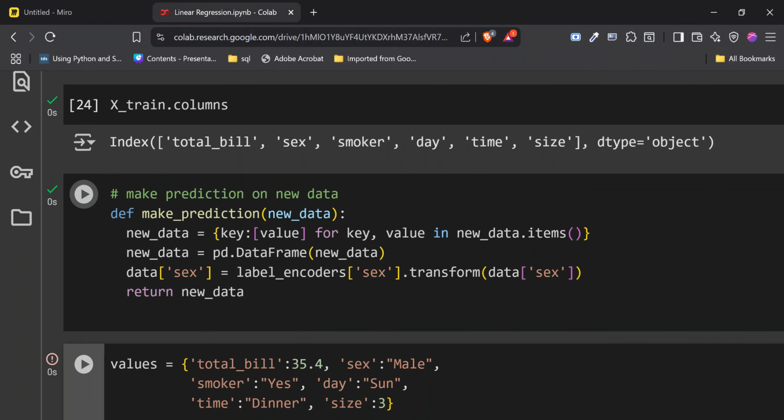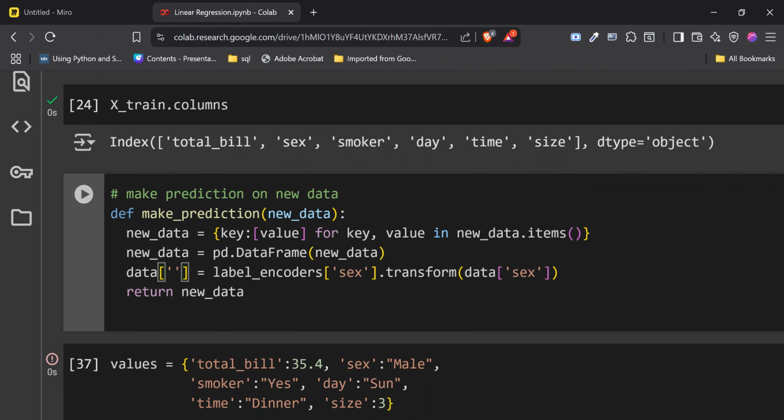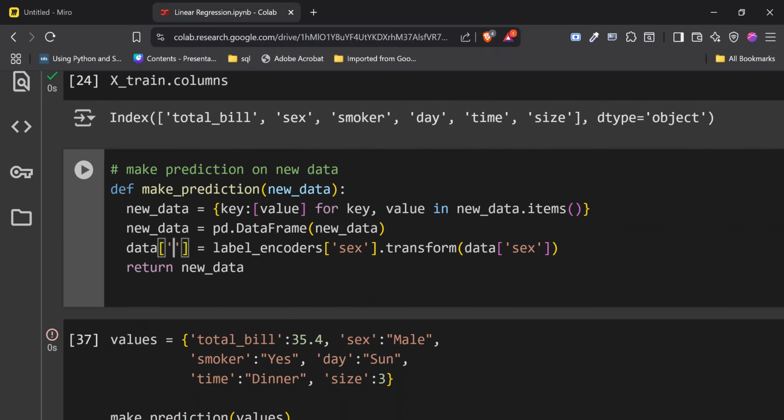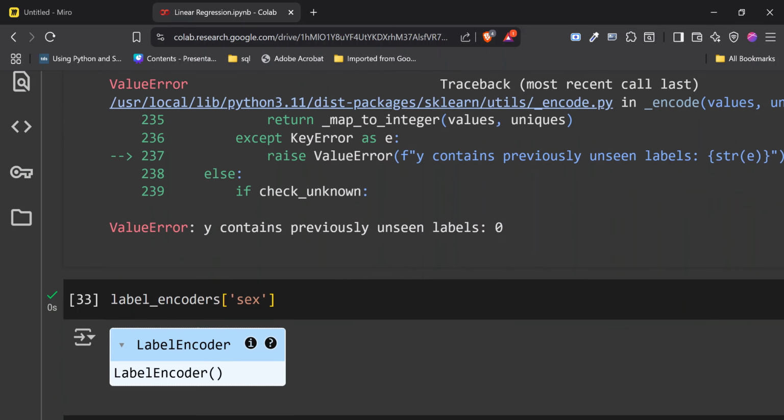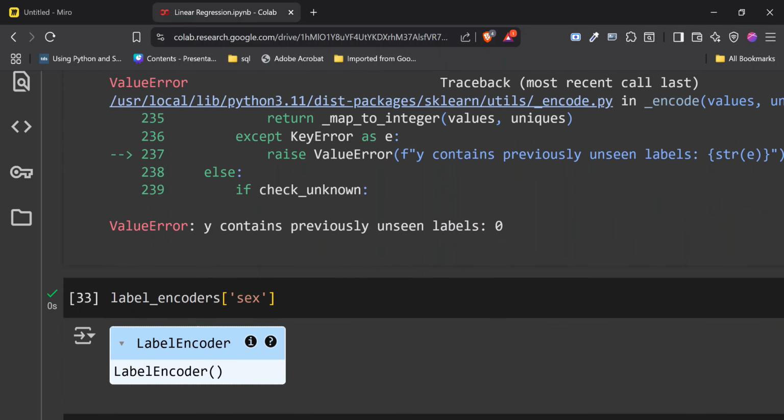Let's try for day. Let's try for smoker. Control Z, Z, Z, Z. I can highlight this. So let's try for smoker and see. Smoker. It is going to be some little error that is probably very stupid. Okay, so something, Y contains, is doing that for every single one.